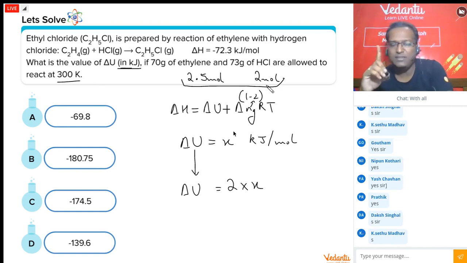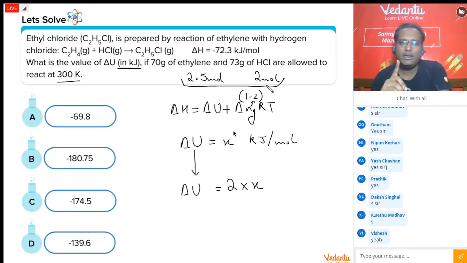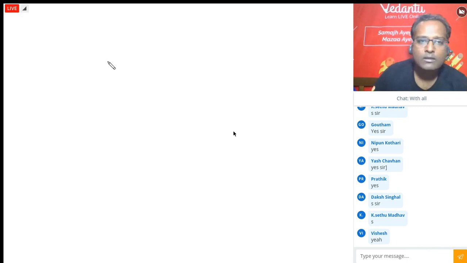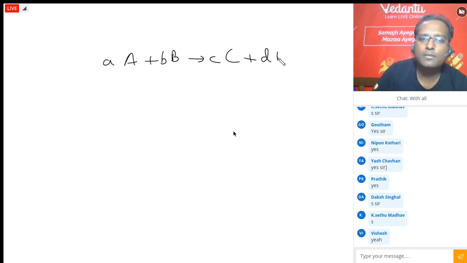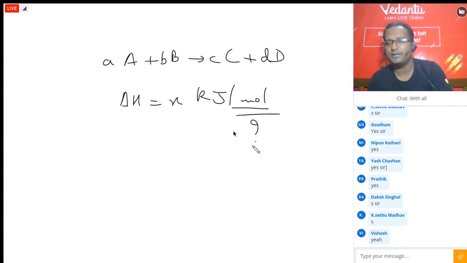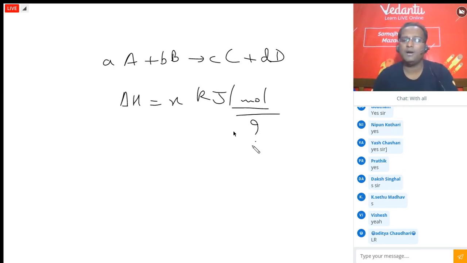Now I'm clearing one thing which probably we have discussed earlier also, I think in mole concept, not pretty sure. What do we mean by, suppose, नए पेज पे ले लेते हैं, यहाँ पे कचरा करने का पॉइंट नहीं है. I have this reaction, A plus B gives C plus D. Now, when I say delta H equal to X kilojoule per mole, this per mole means what? Per mole of what? A, B, C, or D, or something else? This per mole of what?